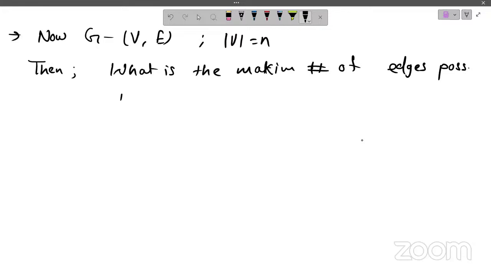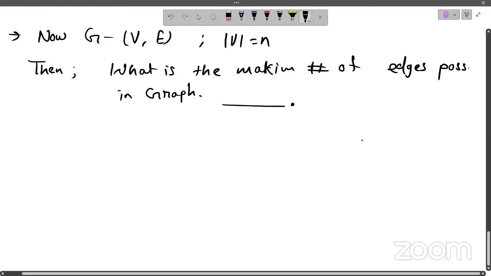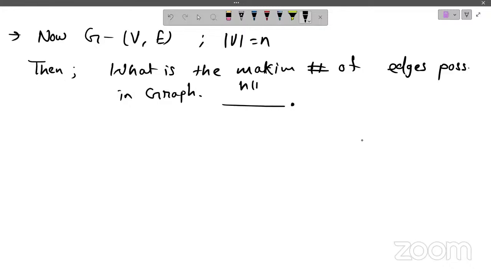So what should be the answer? n into n minus 1 by 2. So the maximum possible number of edges in a graph is basically n into n minus 1